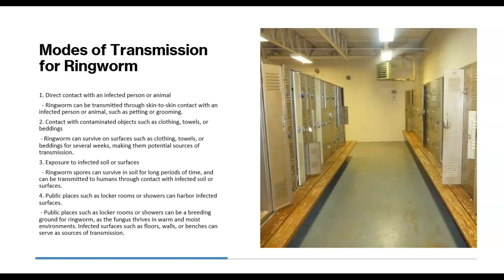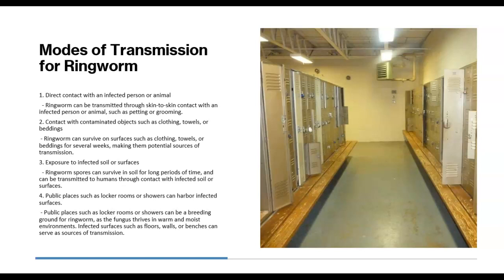Ringworm can survive on surfaces such as clothing, towels, or bedding for several weeks, which makes them potential sources for transmission. Number 3 would be the exposure to infected soil or surfaces. Ringworm spores can survive in soil for long periods of time and can be transmitted to humans through contact with infected soil or surfaces. Number 4 would be public places such as locker rooms or showers, which can harbor infected